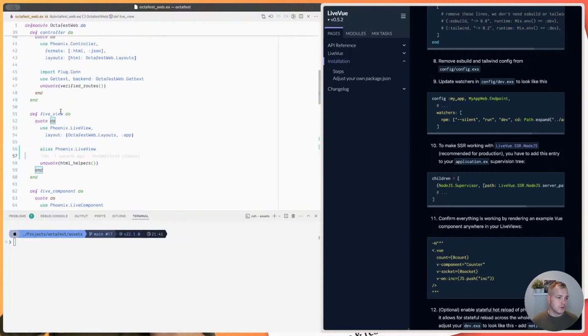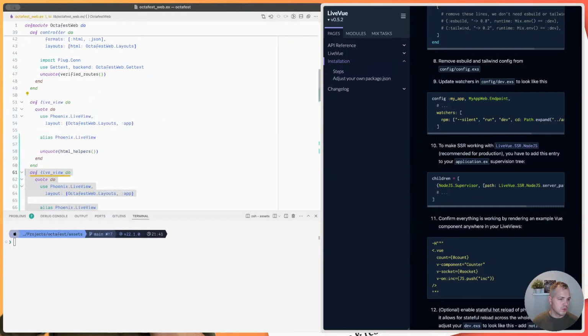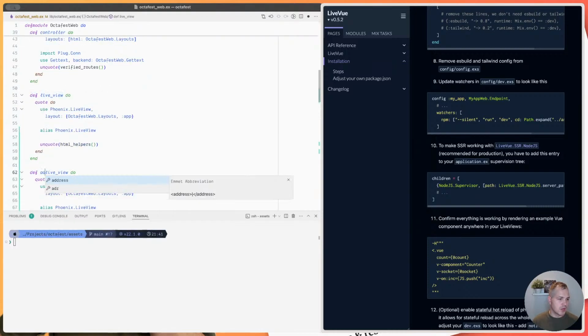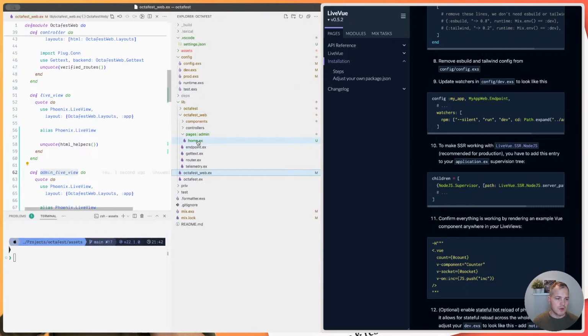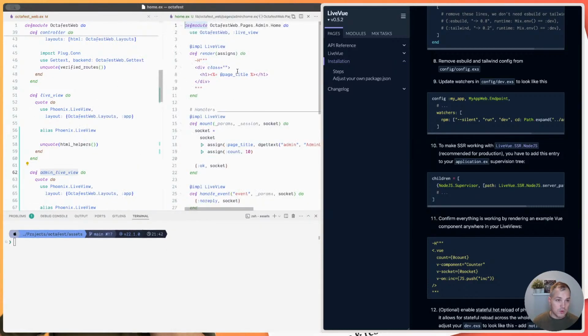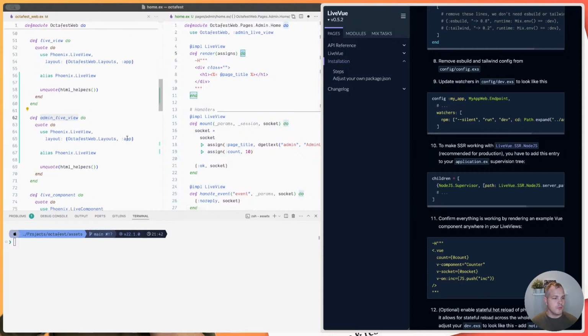Now what I'll want to do is I'll actually want to create this just to make sure it's going to be admin LiveView. Just for the fact being that this is all going to be admin things, and I don't want to trash other views. We'll also change the layout to admin app, and